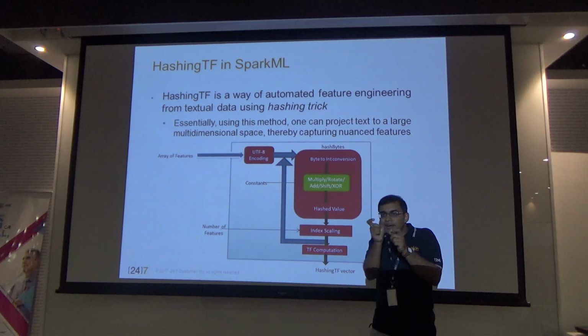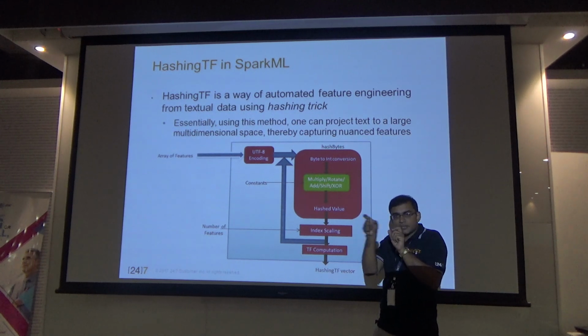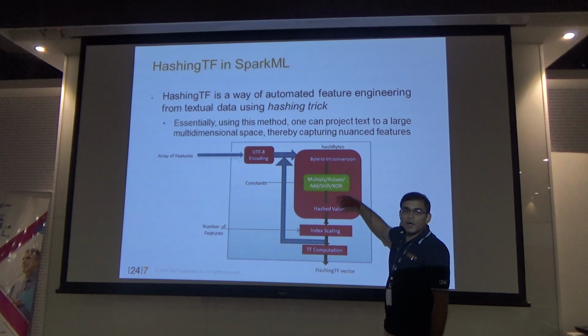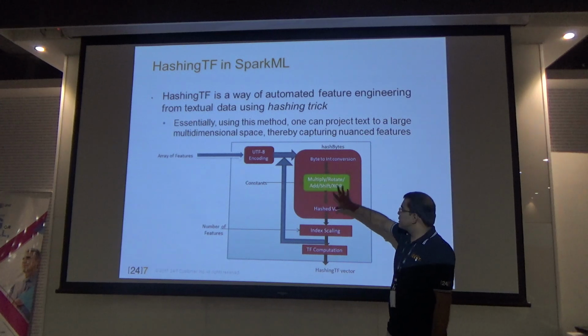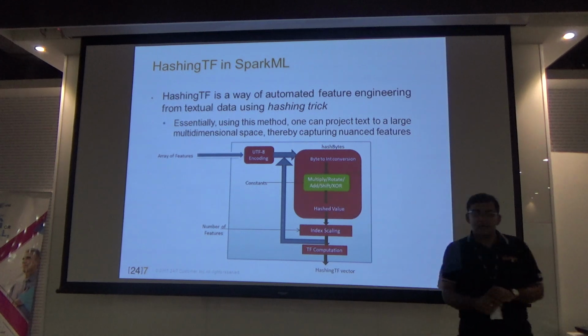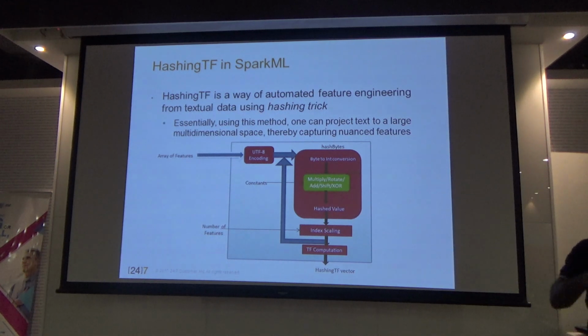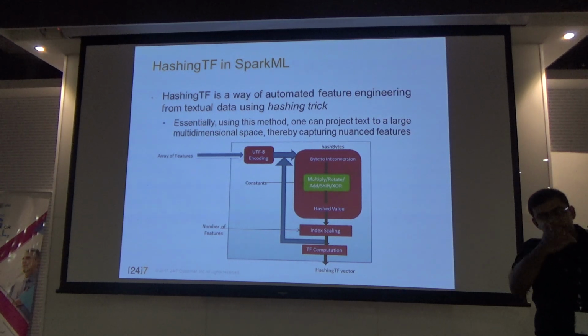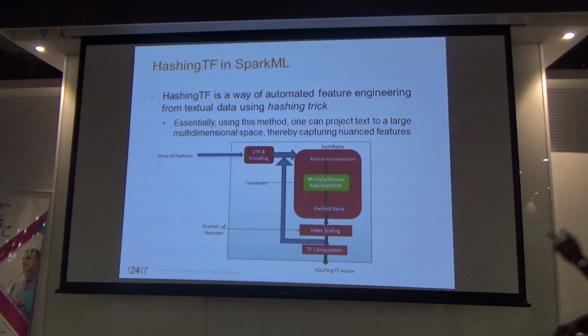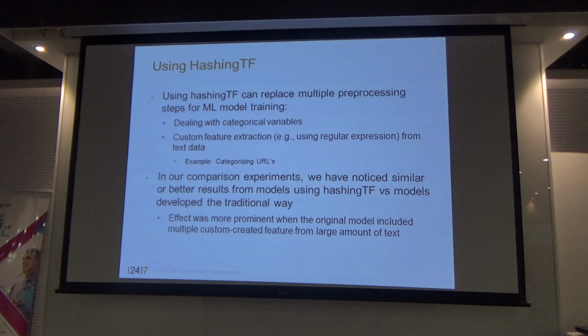So rather than, let's say, a regex-based application of feature extraction from the string, you will basically pass it through multiple operations, and this library is there in Spark. We didn't do anything on that side, and this then scales it out to a very large vector, maybe 10,000, 12,000, 15,000 size, so that very minute differences in strings can get captured by that large dimensional vector space, and then you compute the TF, and that becomes your feature vector instead of the manually created feature. So it is very easy to deal with categorical variables in this way.